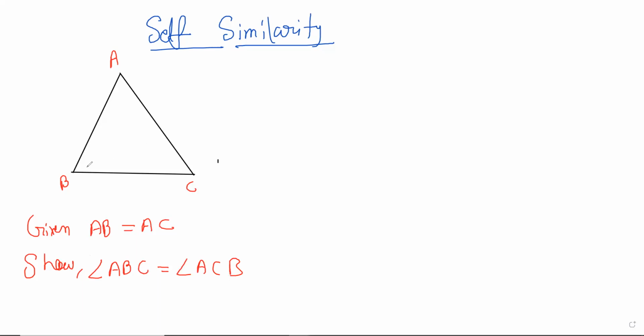Now this is again a very simple result. You can probably bash it up with Pythagoras theorem and so on, but we just want to see the beauty of this thing. ABC is equal to, this is what we want to show. So this is a question mark. I'm not saying it's correct. I'm not saying it's given. You want to show this. Let's give ourselves some time and think about it. And you can try to come up with your own intuitive explanations for why this is true. But they may not be enough for a proof. But let's see. Hopefully.